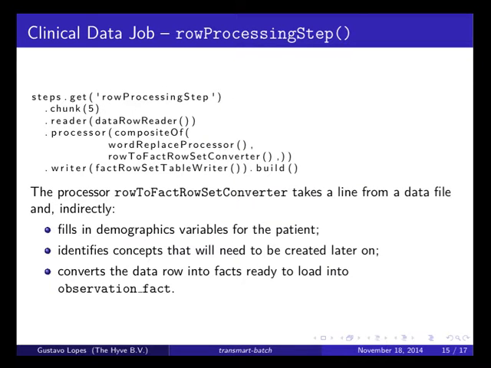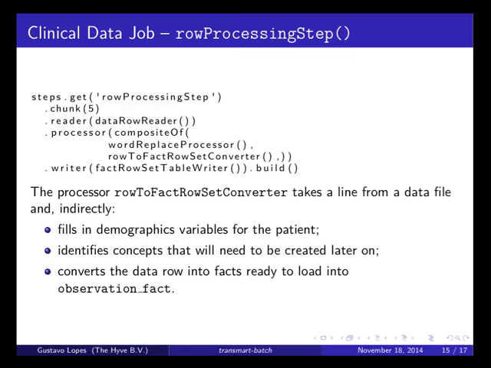And this is the main step, the step that inserts the facts. It's also a chunk-oriented step. The processor is a composite processor, which means one after the other. First it reads just the raw line from the input file. This word replace does the replacement using the word mapping file, and then this row to fact set converter